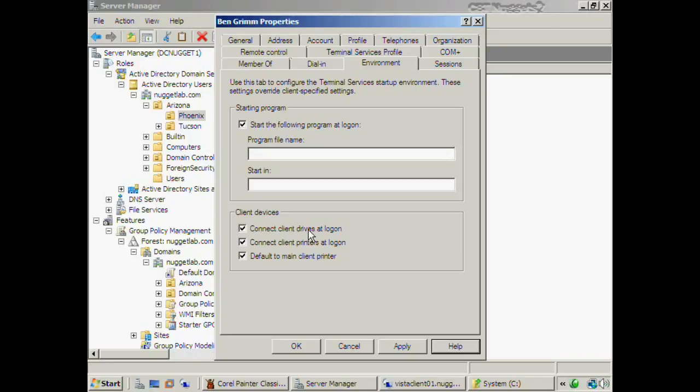Okay, so we could use both of those. The same with printers as well. And we can also default to a main client printer if we want to do that as well. And then as far as